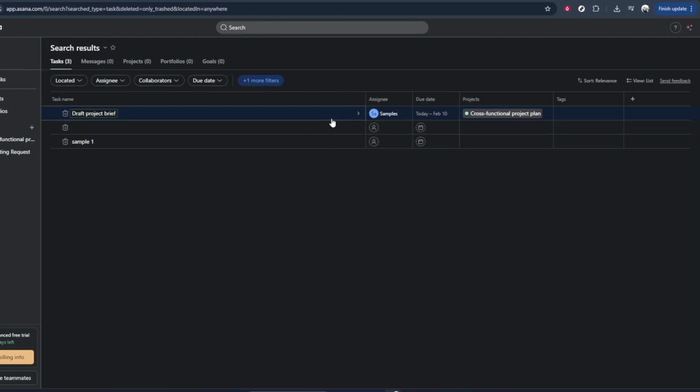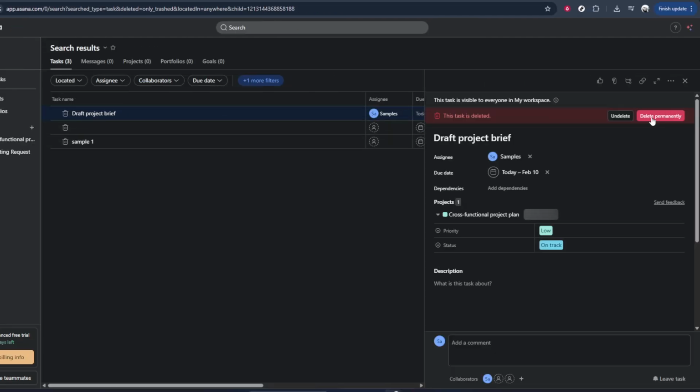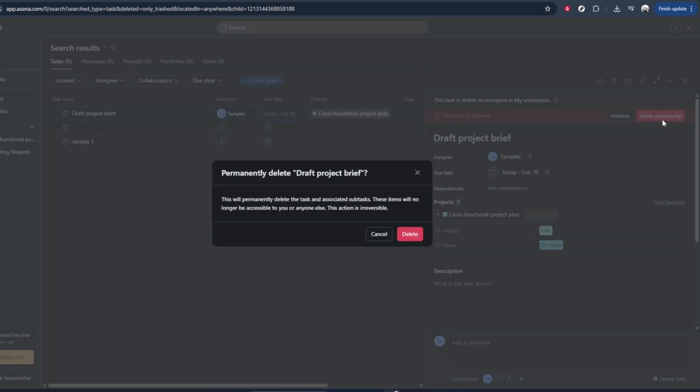Inside the open deleted task, look for the option that says Delete Permanently. Click on Delete Permanently. Asana may show a confirmation message, since this action cannot be undone. Once you confirm, that